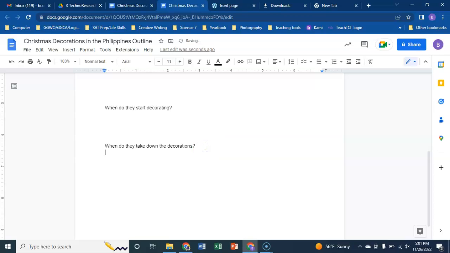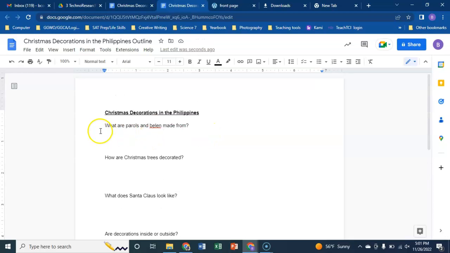Then I'm going to add 2 more headings. One of them is glossary, which is a list of words that I'm going to be giving definitions for. Because remember, this is for younger kids and they might not know what all the words mean. And then the last one is sources, because I have to say where I got my information from. All right, so now I'm going to go through and